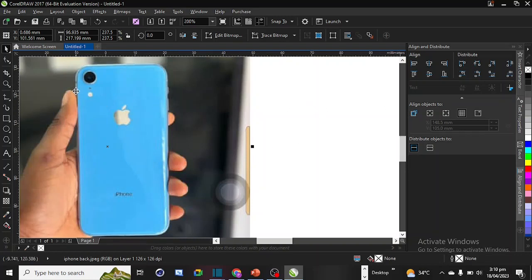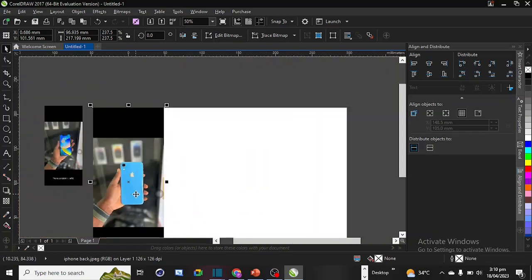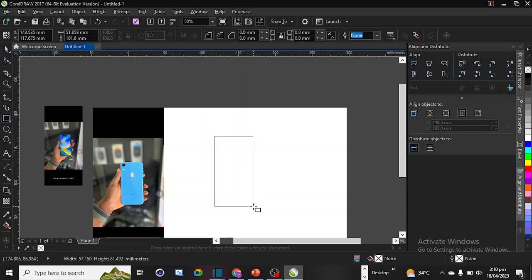Then we have a lightning here, a dot here, and the camera. Then we also have the Apple sign with a form of gradient. It's signifying the light shade. Then we have the name of the phone here. So we're just going to do the same thing as well. So first of all I'm going to pick my square shape, and you can just